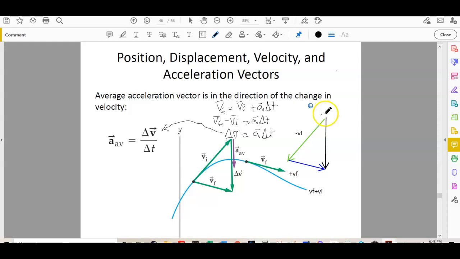I'll mark it. So the resultant vector goes from start to end. So you started here, you moved down and to the left over the period of 0 seconds to 1 second. And then from 1 second to 2 seconds, you then moved down and to the right. And that's the positive final velocity vector. Well, sort of, you actually went up and to the right and then down and to the right. But anyways, the point is that this right here is the resultant vector